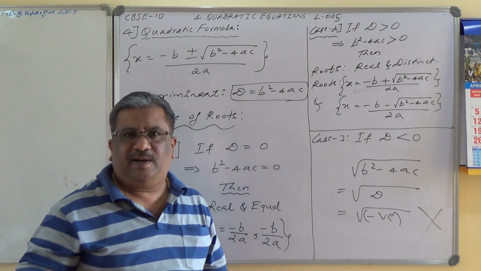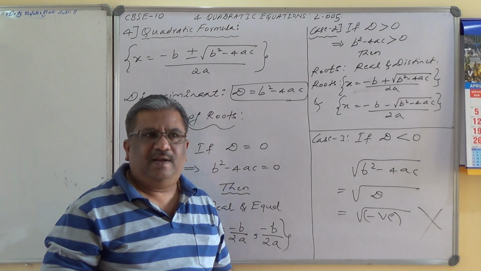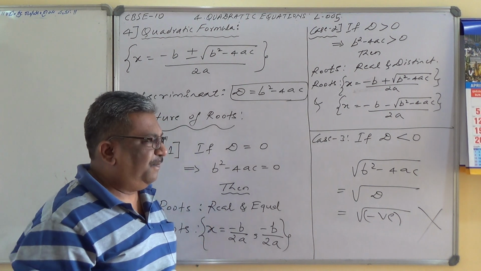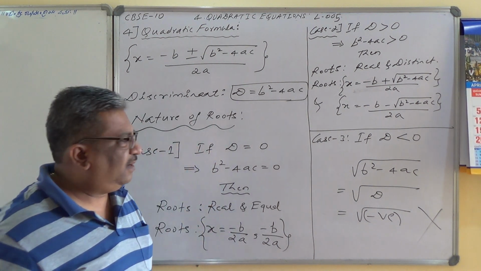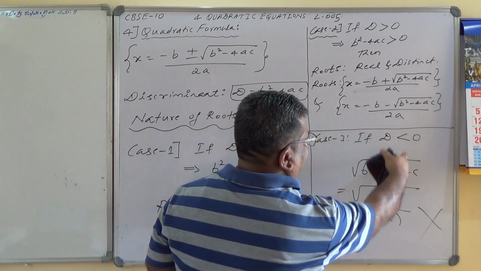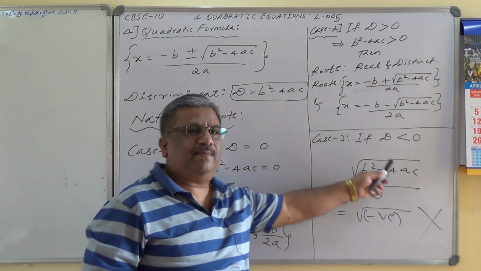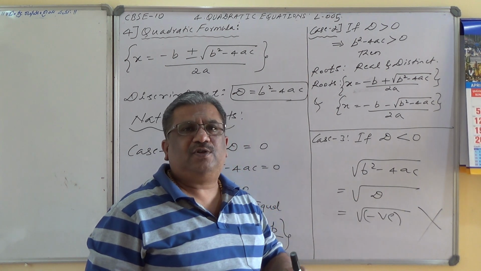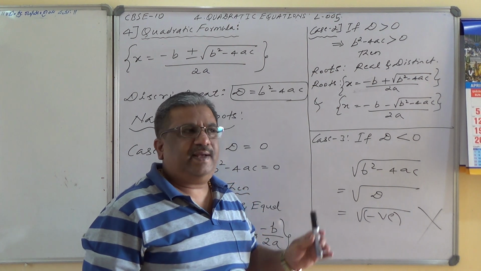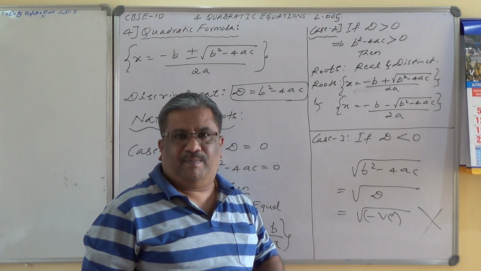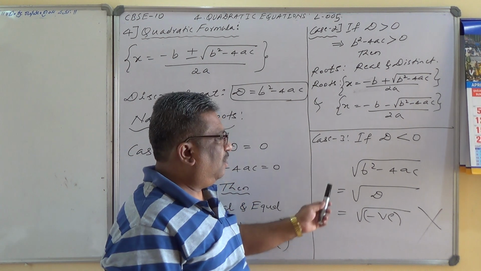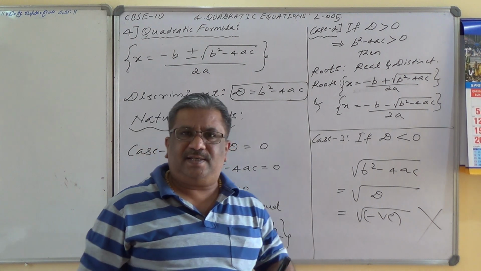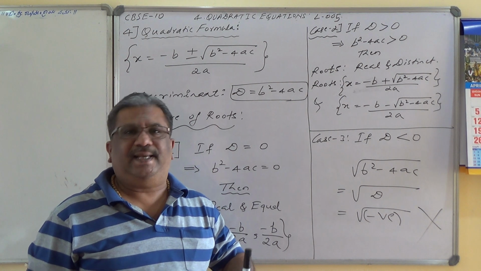We call them imaginary numbers or imaginary roots basically. And how to represent imaginary numbers, you will be studying in PUC first year as well as in CBSE class 11th. And therefore I will say, if the discriminant is less than 0, the value of d becomes negative. Under root of negative number, meaning real roots do not exist, meaning x cannot have real numbers. So what will x be in that case? We say as the real roots do not exist, we say imaginary roots exist.